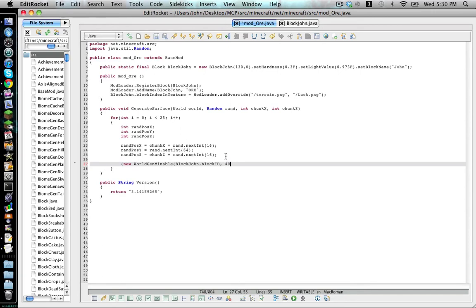I'm going to put 40 in, and then 2 closing brackets to end them off, and we do this because there are 2 opening brackets here, and we have to end them both off. And then we type .generate